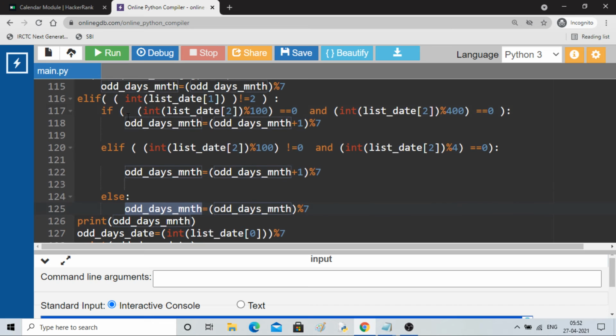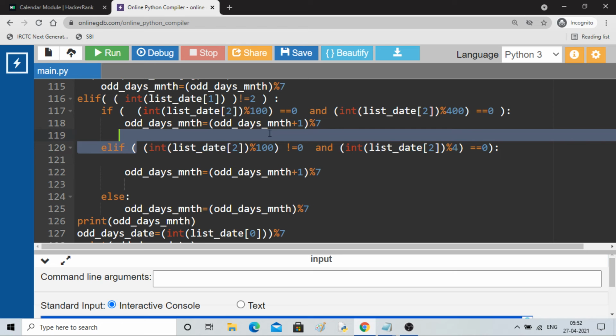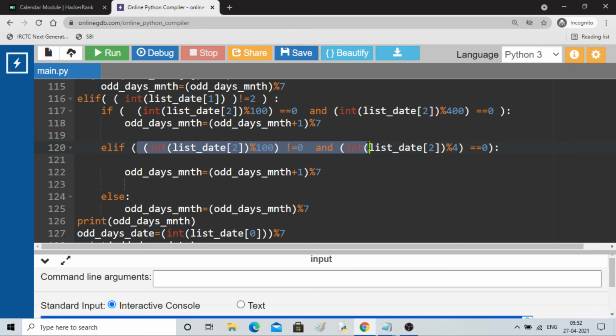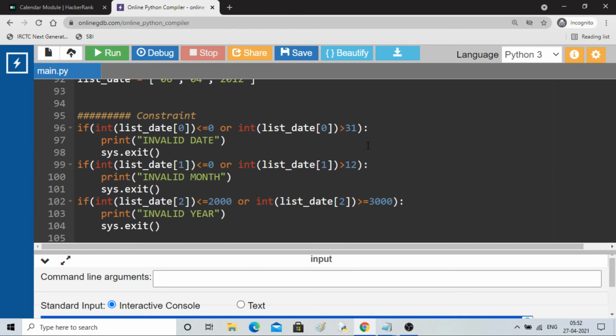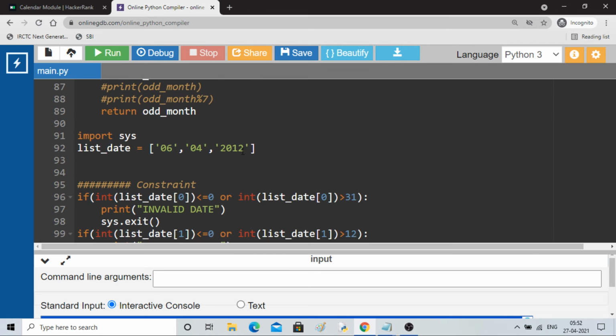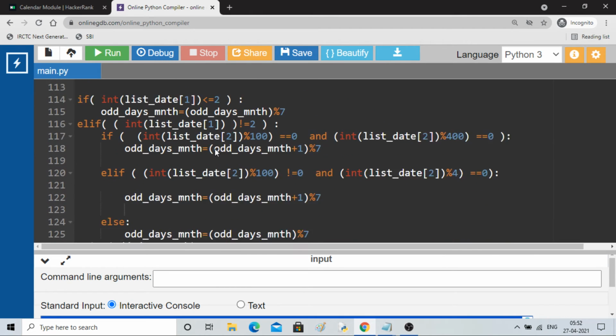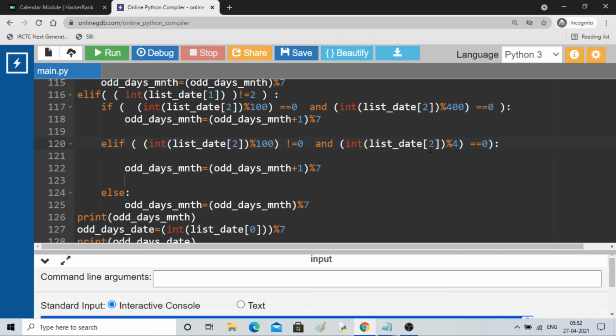So the first case is for a century year. The second case is for if it is not a century year. Then divisibility by 4 is checked, else it will not add the extra leap day.